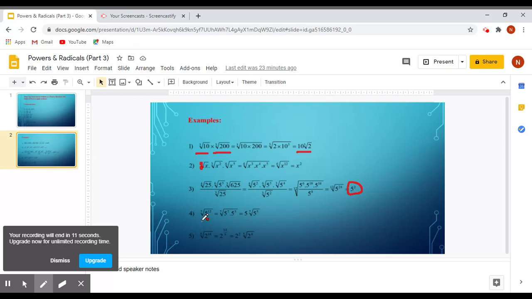Here we have the 7th root of 5 to the 12. The 12, I can rewrite it as 5 to the 7 times 5 to the 5. I can put it